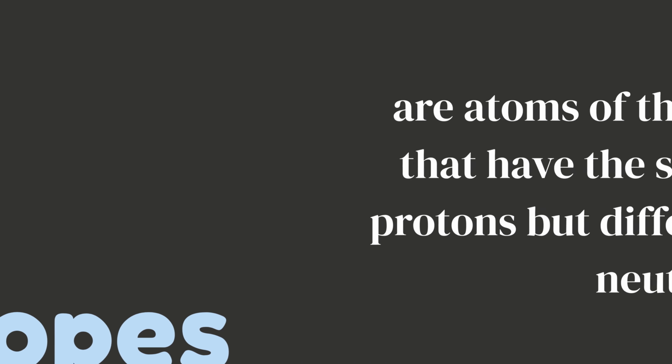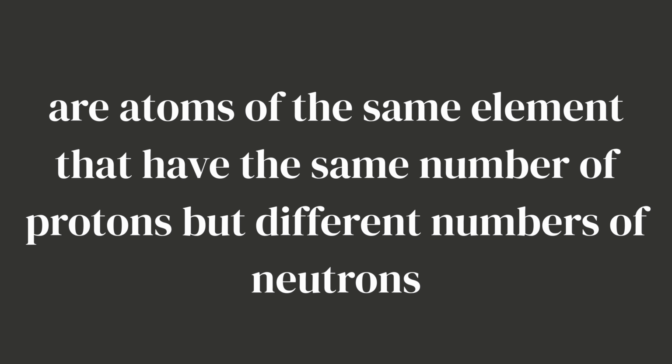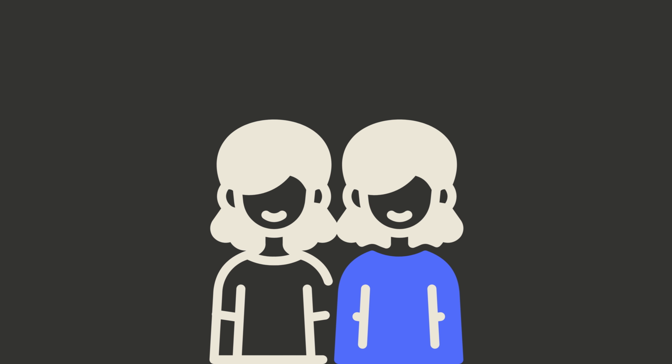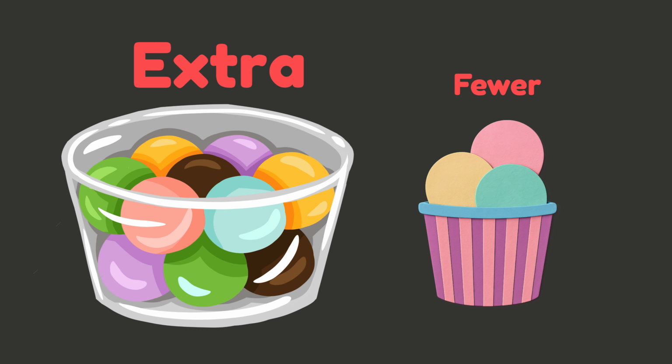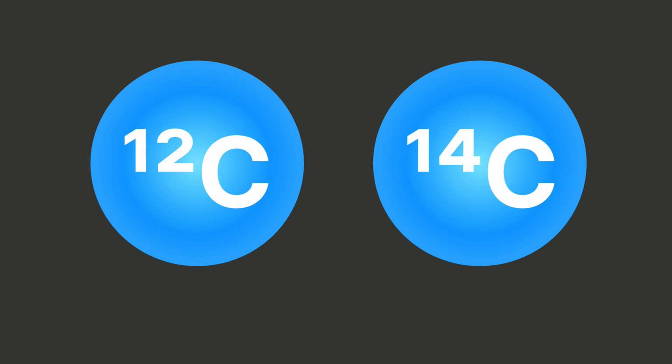Isotopes are atoms of the same element that have the same number of protons but different numbers of neutrons. Think of them like siblings. Part of the same family, but slightly different in weight because of extra or fewer neutrons. For example, carbon has a common isotope called carbon-12 and another called carbon-14. Both are carbon because they have the same number of protons, but carbon-14 is heavier since it has two more